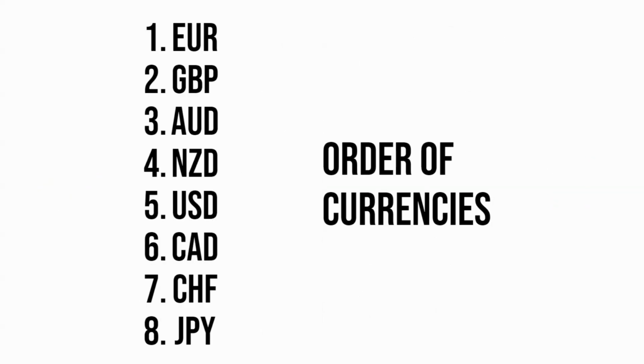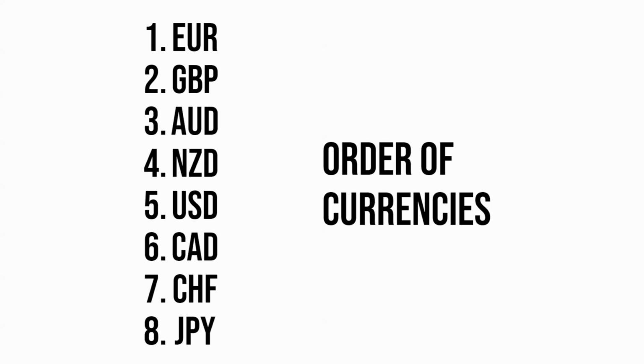So currencies have a ranking, and when you know where they fall within the rank, you'll always be able to create that currency pair. Now, the ranking is what we see here on the list. It starts with the euro, followed by the pound, the Australian dollar, the New Zealand dollar, the US dollar, the Canadian dollar, the Swiss franc, and the Japanese yen. These are the top 8 most commonly traded currencies, and this is their ranking amongst themselves. The way we construct a currency pair is to look at each currency within the pair in this ranking order. If it is higher up on the list, it will be first. If it is lower down on the list, it will be second.